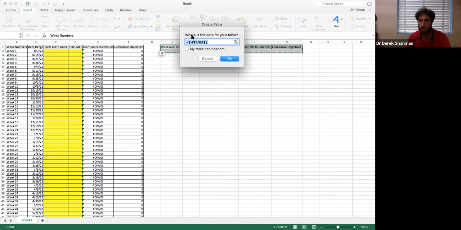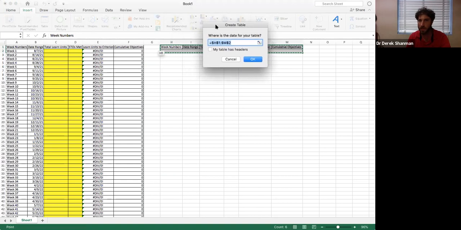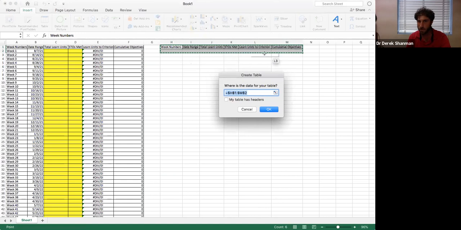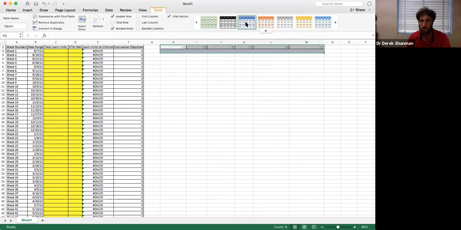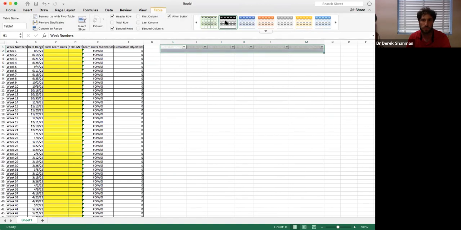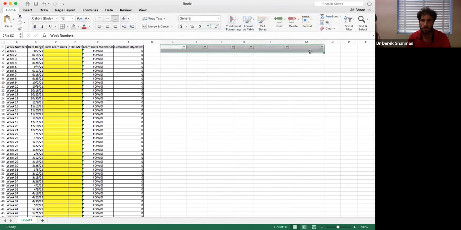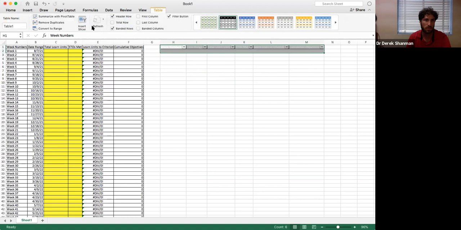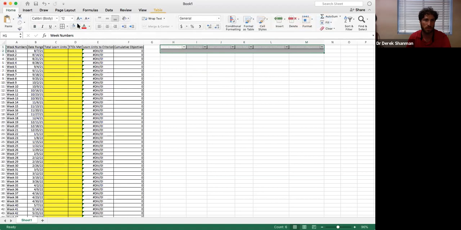This pops up. Here's the data for your table. So it's the area that I selected. I'm just going to click My Table Has Headers. There we go. All right. So from here,